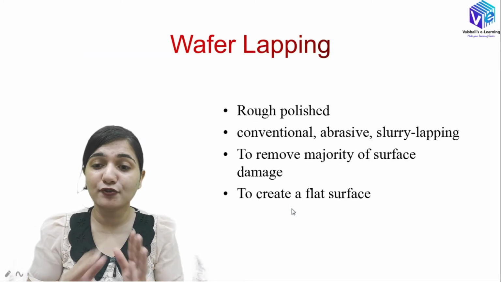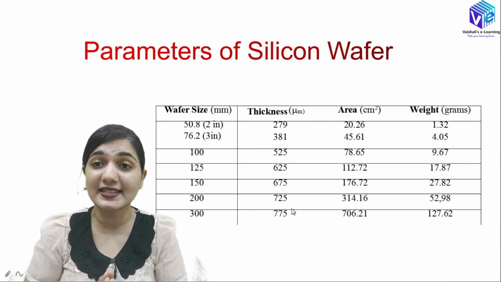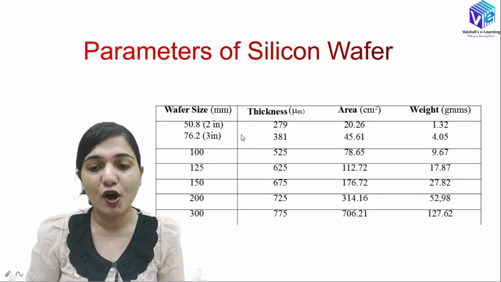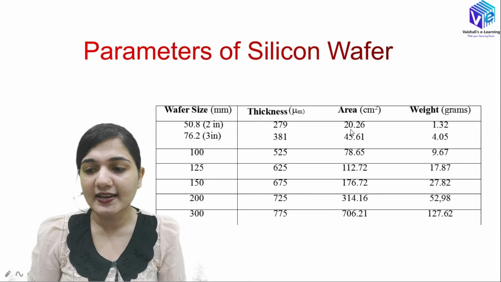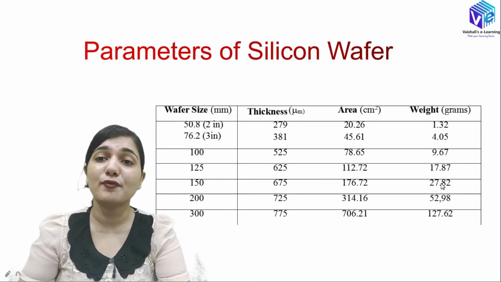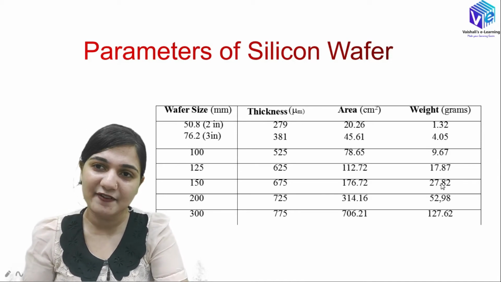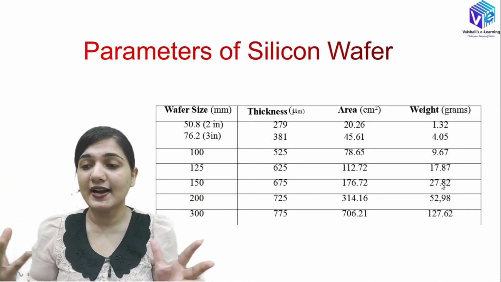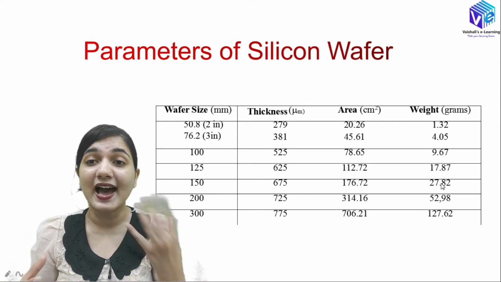If I have to make thinner and thinner devices, I will have more costly silicon wafer production, because we have lower wafer size for the lower thickness. Again, if the wafer size is small, the area will be small. If I increase the area, the wafer size and thickness will increase, and the weight will also increase. So we require lesser area in our devices. We want our devices to be as compact as possible and as light as possible.